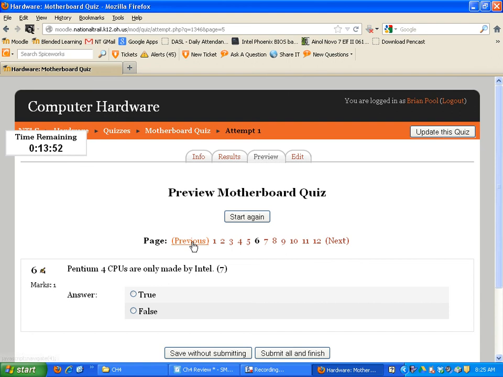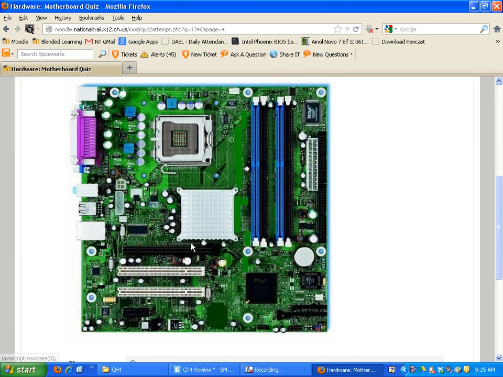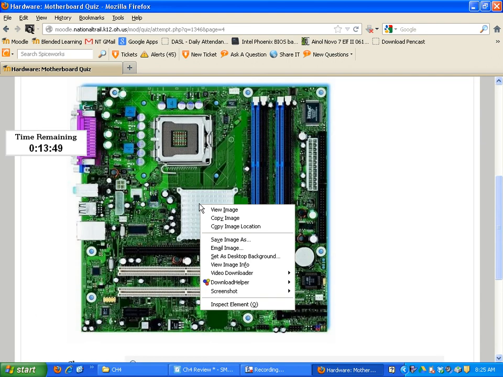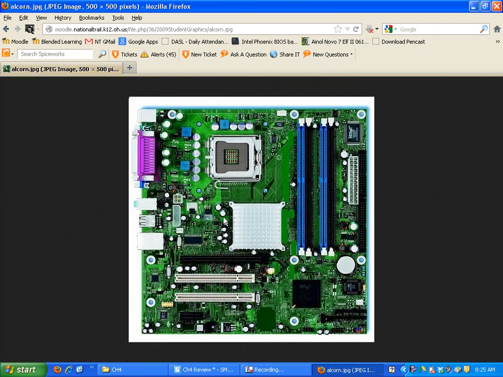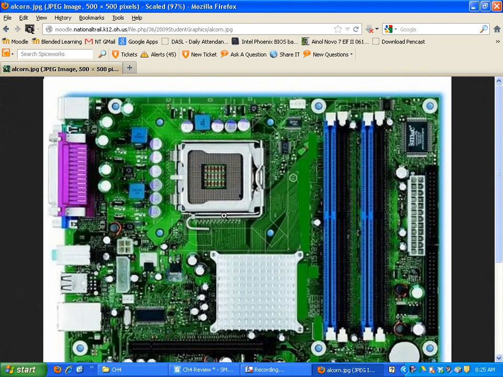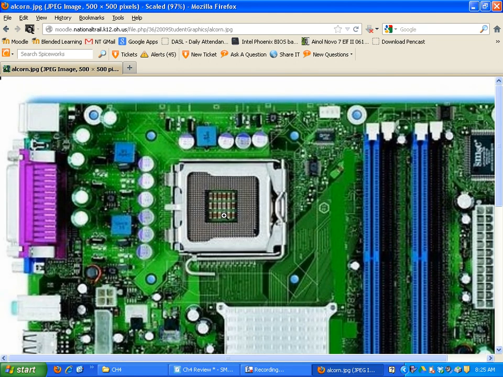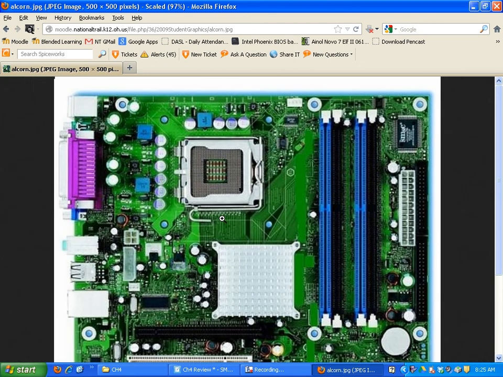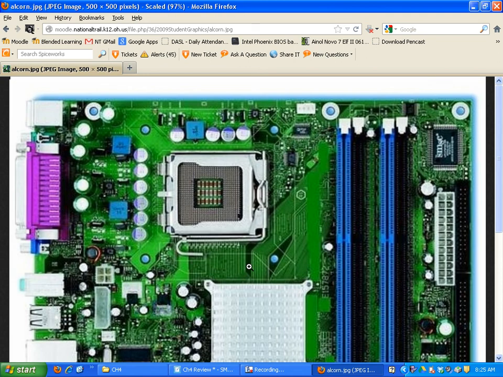Because sometimes I shrunk down the picture, and if you right click and say view image, it might be bigger. It's not really any bigger here. Okay, anyway. The other thing is when I'm doing these, if I ask you a question on one,